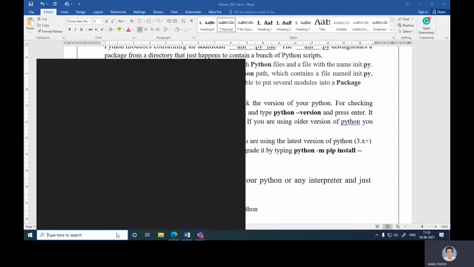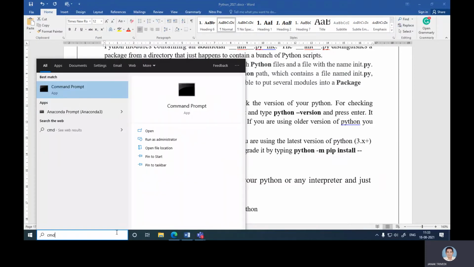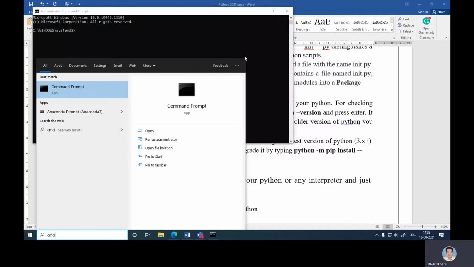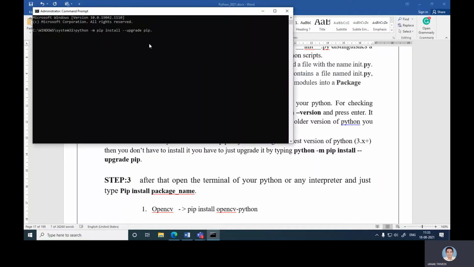So once again in CMD, if it is installed, then it says requirement already satisfied, otherwise it will try to collect the information. So in this machine pip is already upgraded, but if it is not there on your machine, then it will collect some .whl file and then try to install that new version